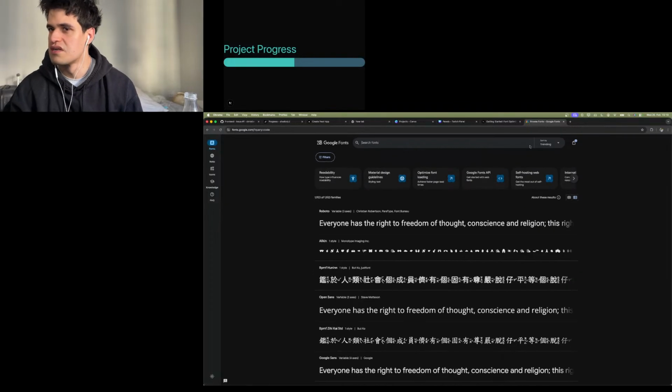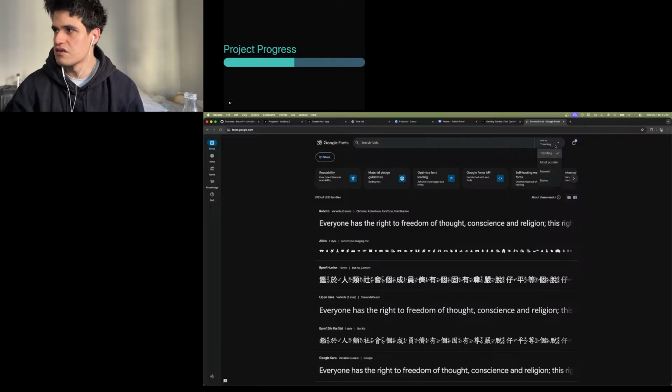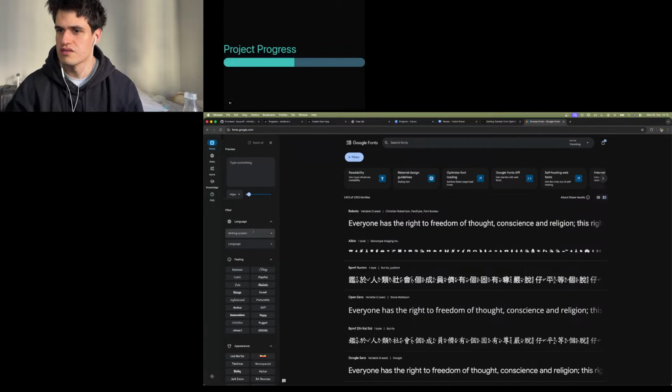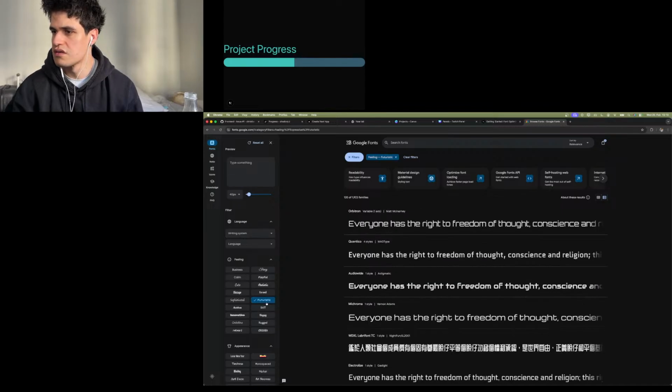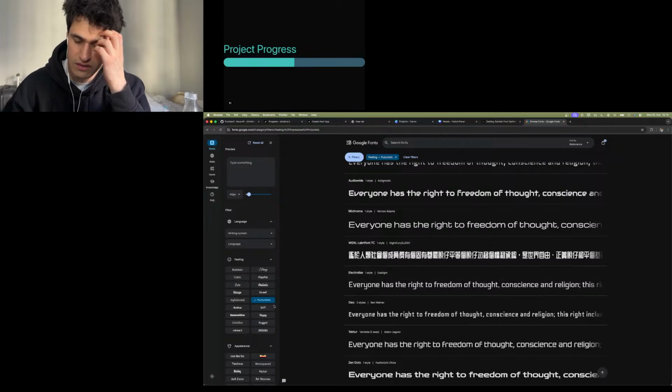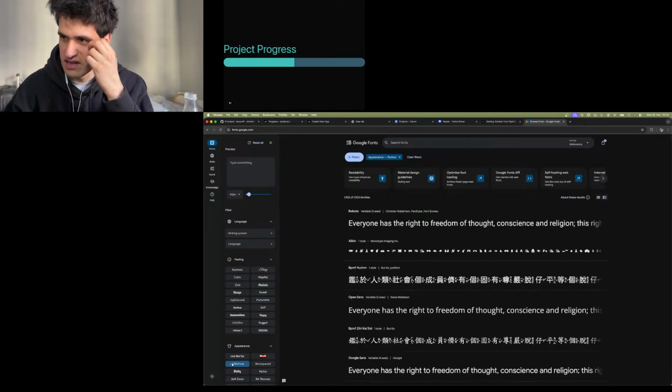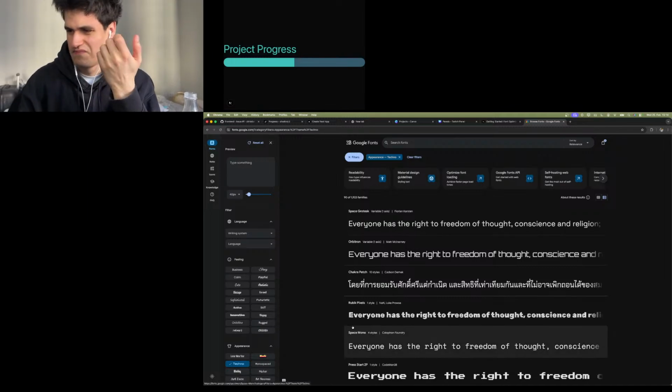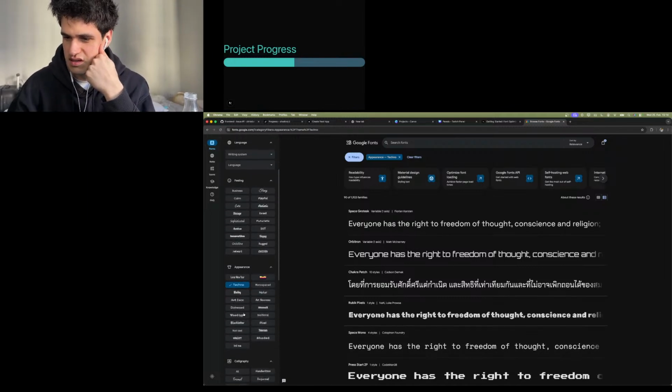Maybe futuristic is the nicest thing. Let's just look for those kind of futuristic fonts. Futuristic. Or the code. Oh my god, I'm really indecisive. Which one is the code one? Like